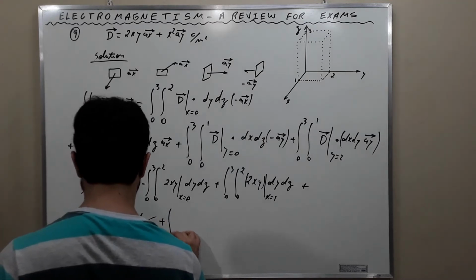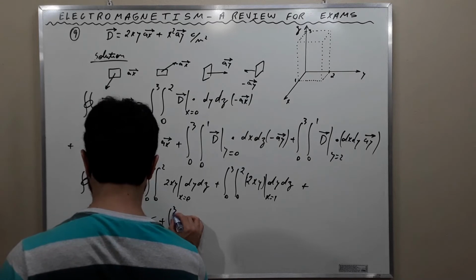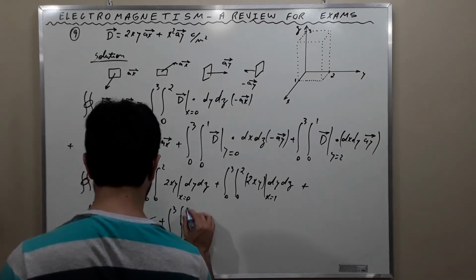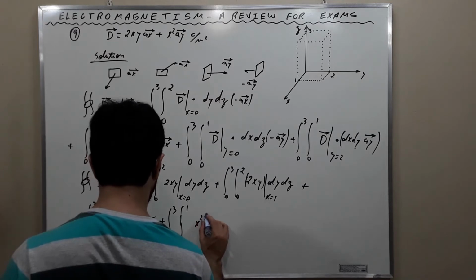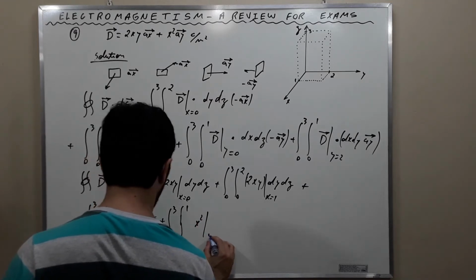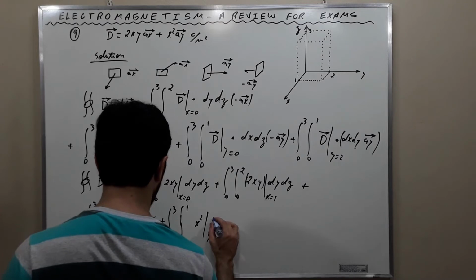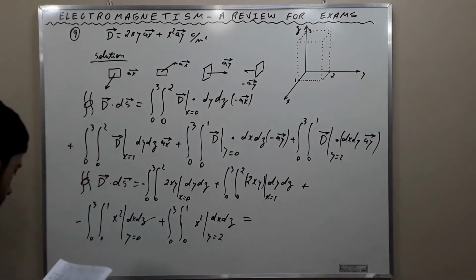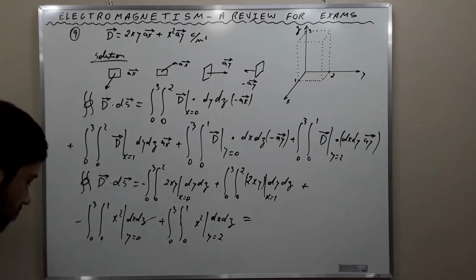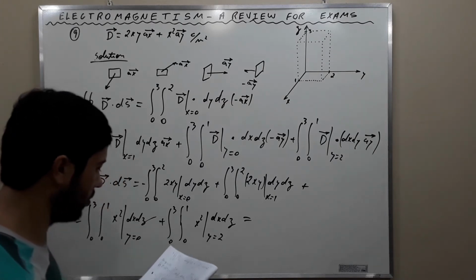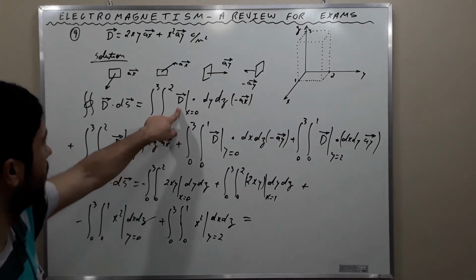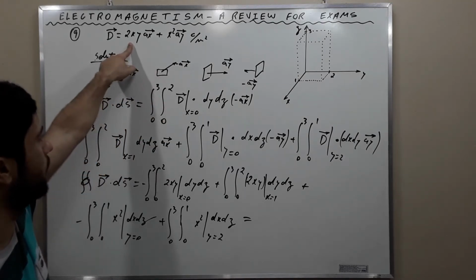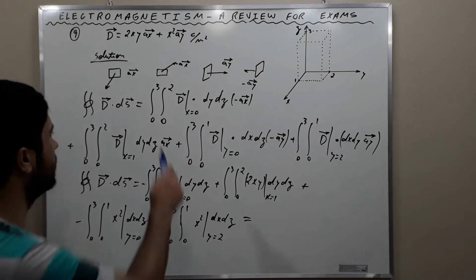Plus the integral from 0 to 3, the integral from 0 to 1, x squared for y equal to 2, dx dz. If we do this, we know that the x here, for x equal to 0, we put 0 here, and this becomes 0,